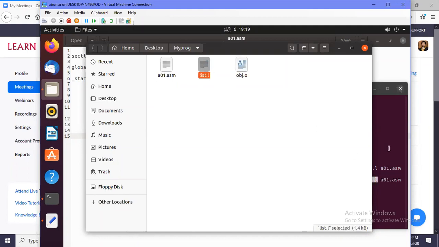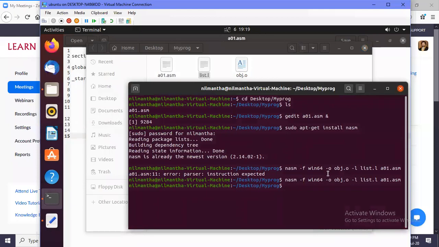Okay, so go back to the terminal and open this list file in gedit. You can even double click here or right click and open with gedit, but to understand this better, just open it in gedit. So what are we going to open? list.l.